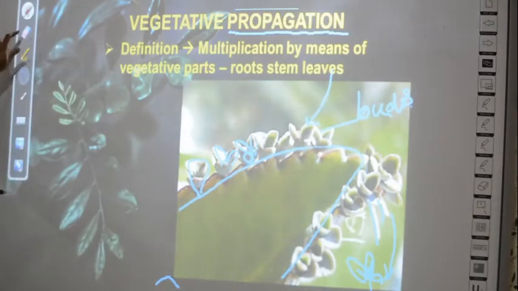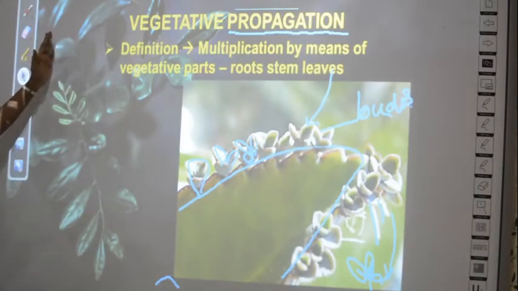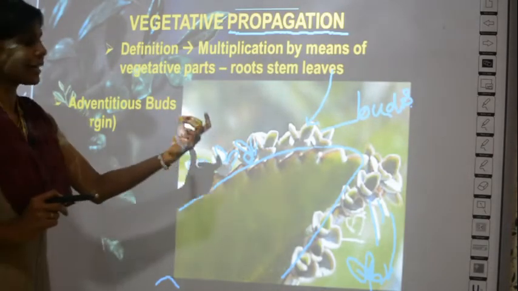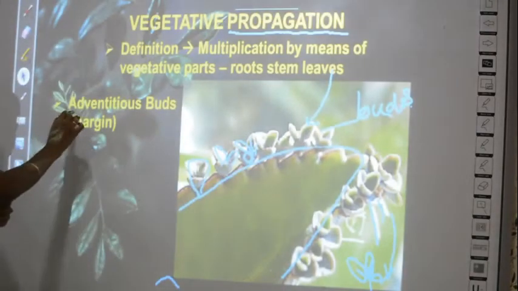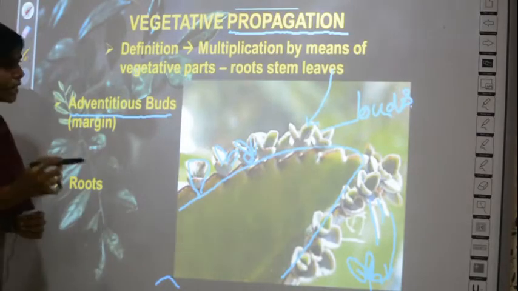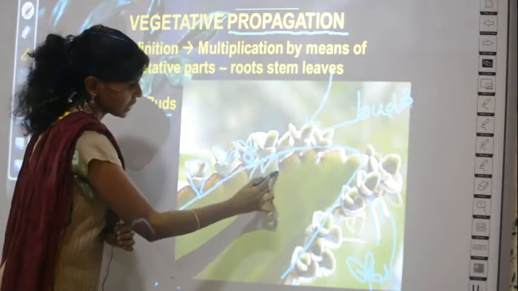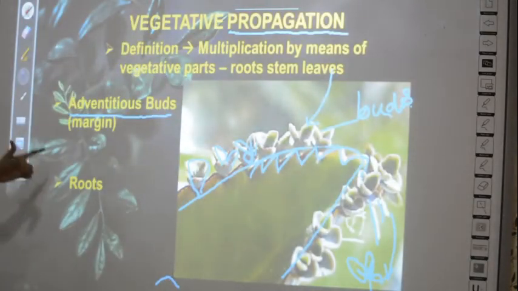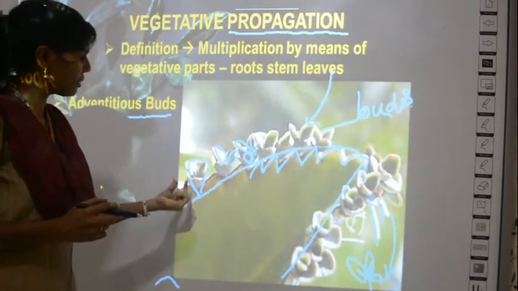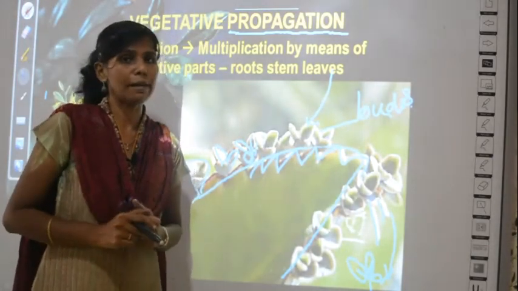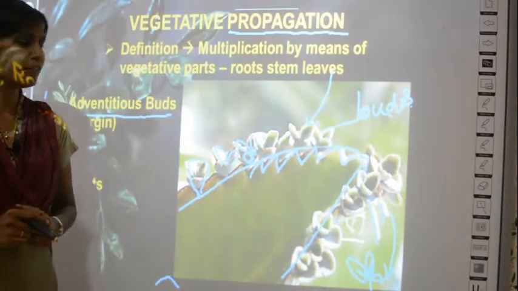So what is given in the explanation part, let's check once. So I told you, these buds are called as adventitious buds. Adventitious buds which arise from the margin. Adventitious buds arise from the margins of the leaf. These are all margins, right? So you can see the buds from the margins of the leaf of bryophyllum, and also they develop roots, and then they can develop into a single plant. Every adventitious bud with the roots can become a separate bryophyllum plant. This is called as vegetative propagation.